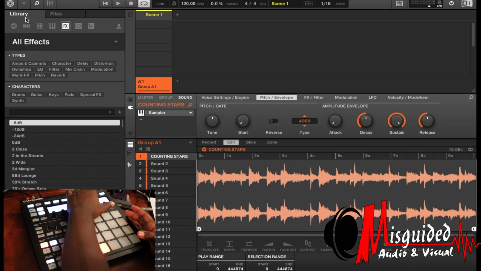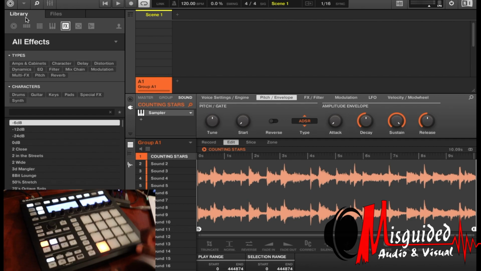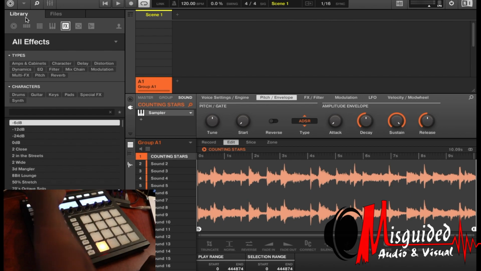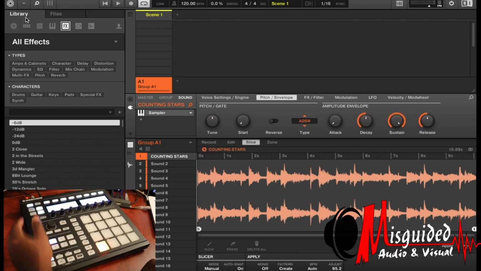What you could also do is normalize it. You got reverse options, fade in, fade out, silence, cut, copy, paste, duplicate, stretch. So many different options right here on the top right corner. It's ridiculous. So now what we're gonna want to do is go to slice, and with the way that they